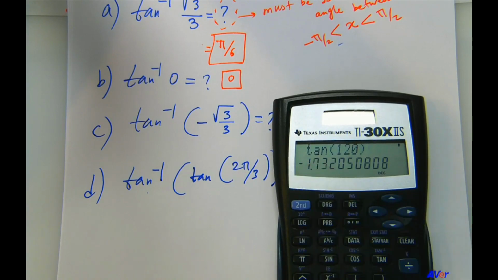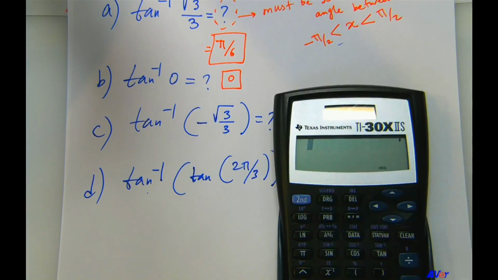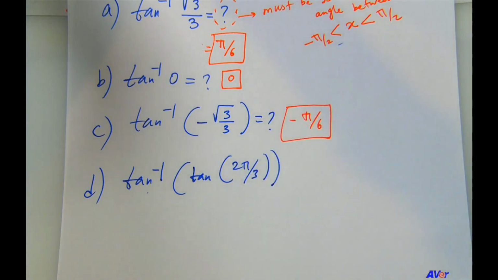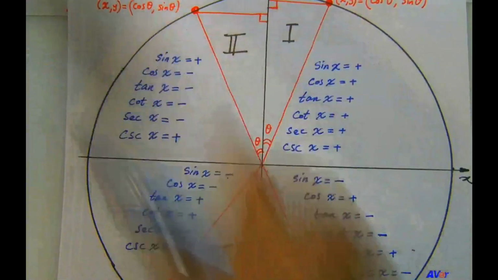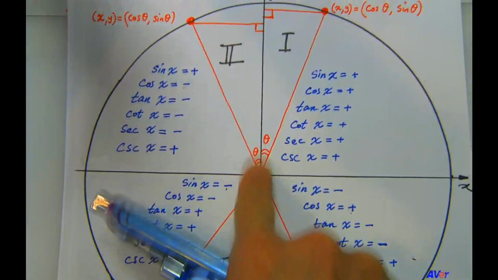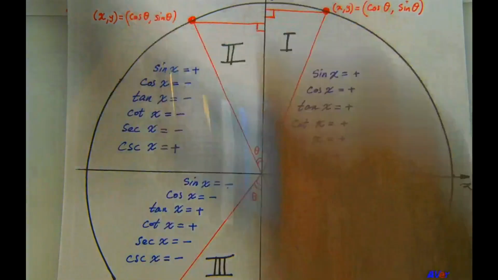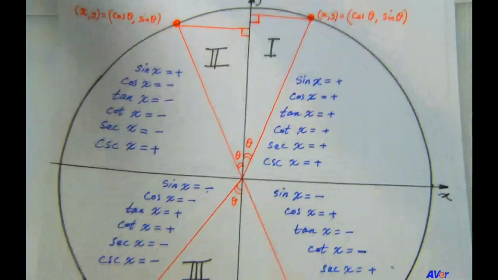So minus 1.73, which I bet should be minus square root of 3, like that. Yes. So with 2 pi over 3, we are at 120 degrees, 90 plus 30 degrees. So this theta is going to be 30 degrees. So we can calculate the tangent as the opposite side divided by the adjacent, one of the formulas we discussed in the first video.